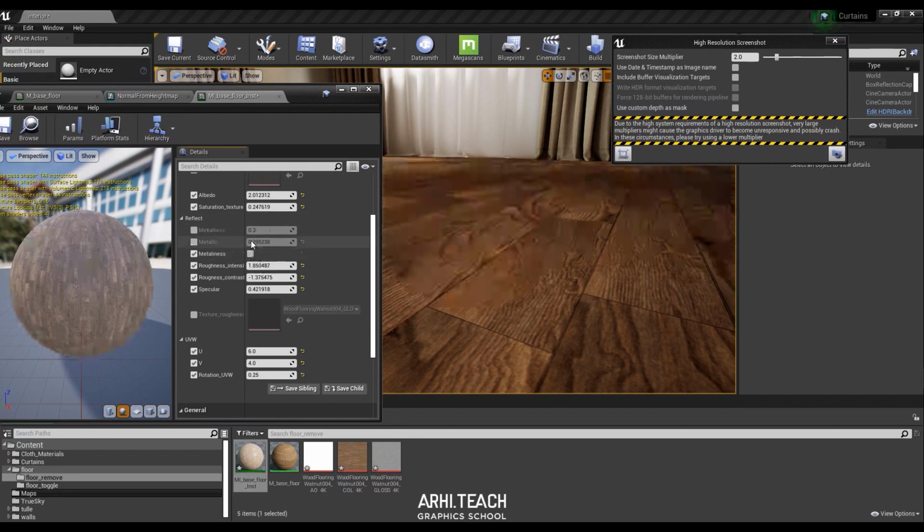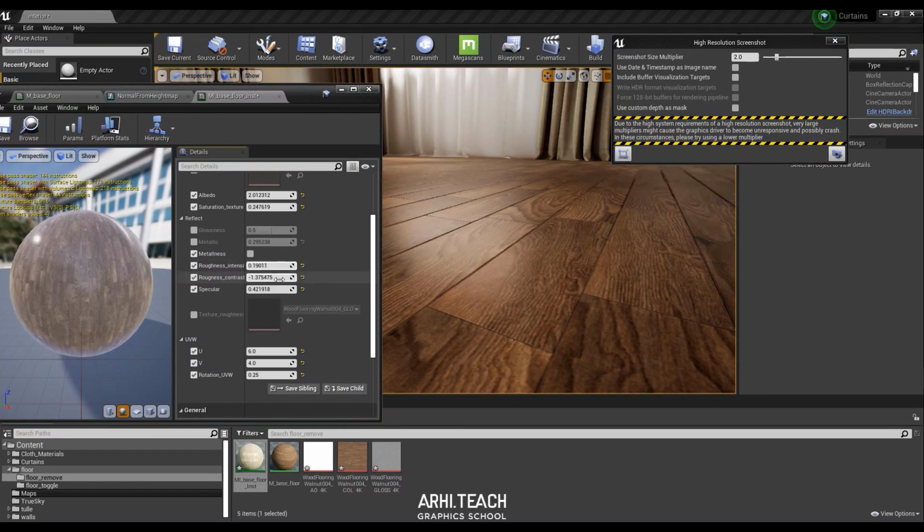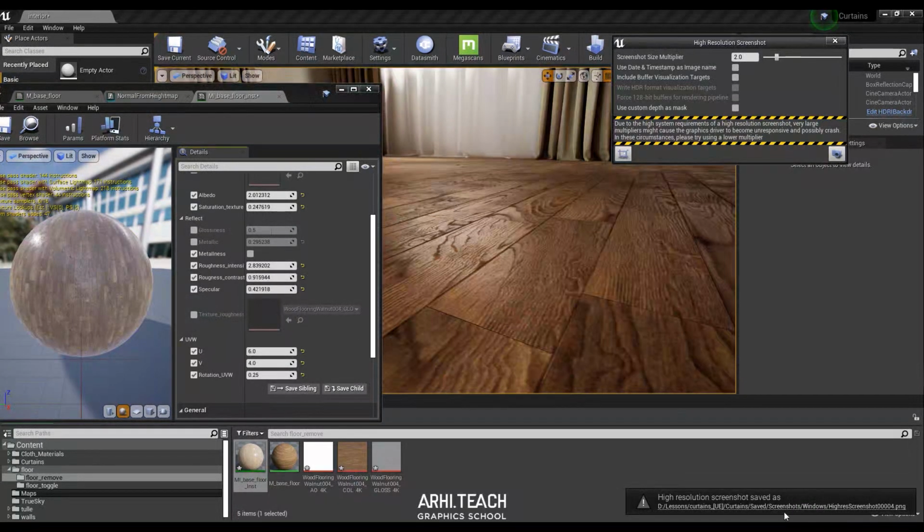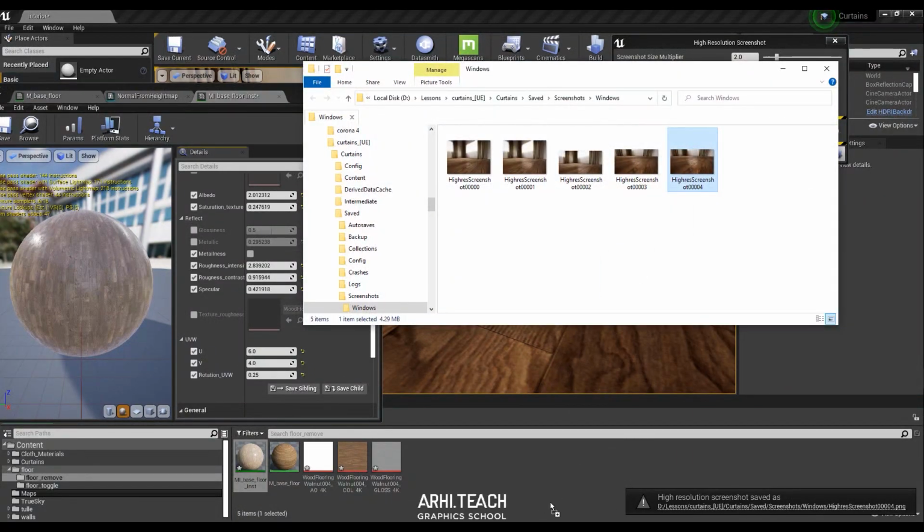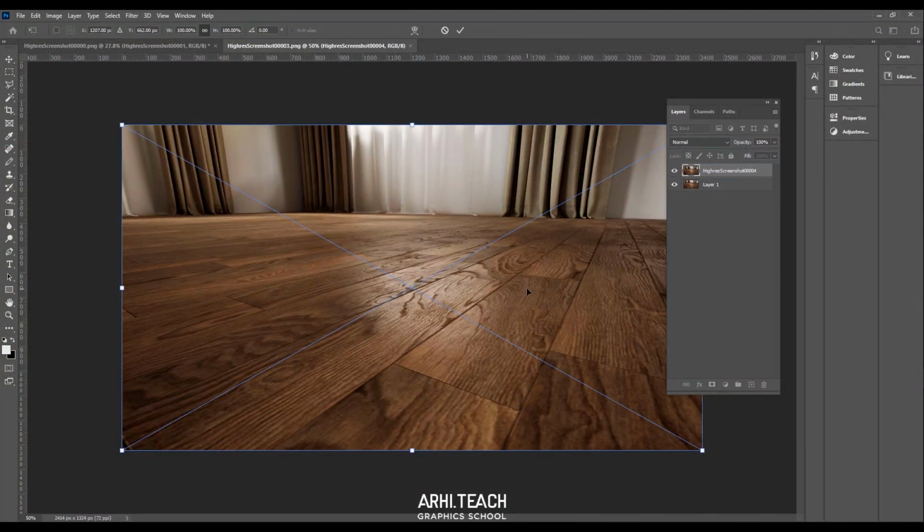Here we uncheck the box and glossiness turns on. And we take a screenshot. As you can see, we control the reflection, which means that our streaks will either be reflected in this way, or they will be inverted. Choose for your own material.